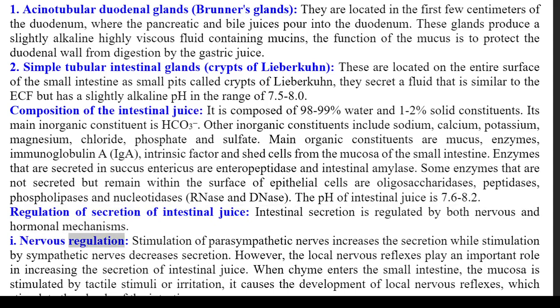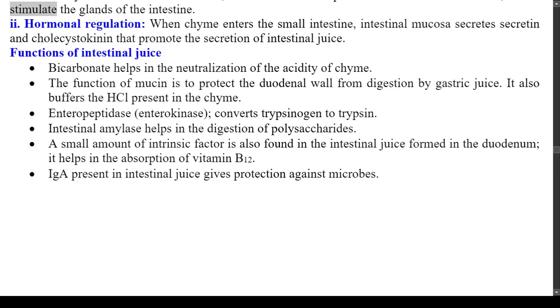Nervous regulation: stimulation of parasympathetic nerves increases the secretion, while stimulation by sympathetic nerves decreases secretion. However, the local nervous reflexes play an important role in increasing the secretion of intestinal juice. When chyme enters the small intestine, the mucosa is stimulated by tactile stimuli or irritation. It causes the development of local nervous reflexes, which stimulate the glands of the